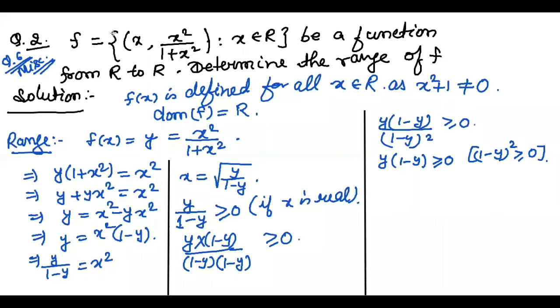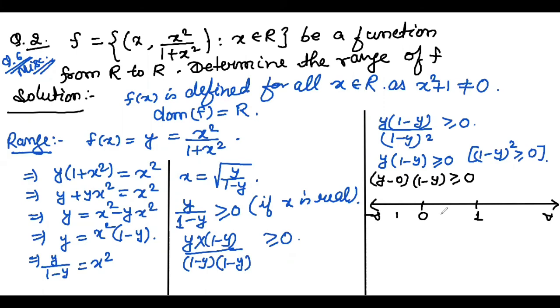So I'm going to draw here a straight line, number line, and there we will find out signs. So here also we have y minus 0 into 1 minus y, and this is greater than or equal to 0. Now again here we have 0 and 1. Now here also we have 3 parts, first, second and third. Any part we can select. Again I am selecting this part, and 1 point I am taking from this part. This is rough work.